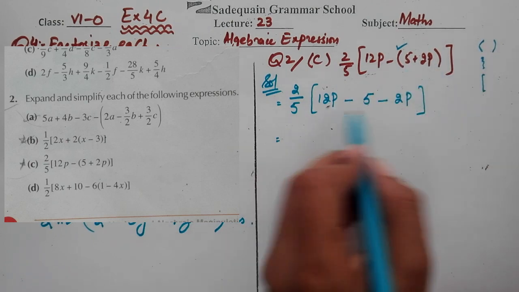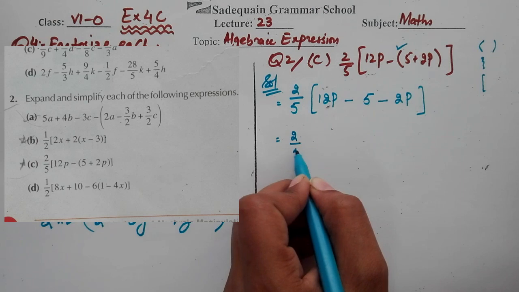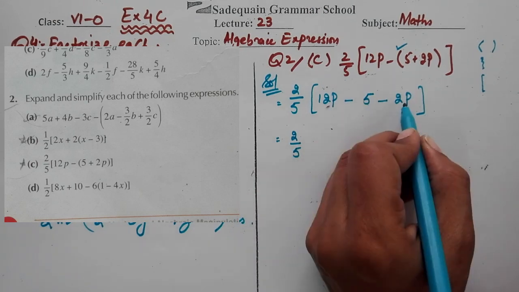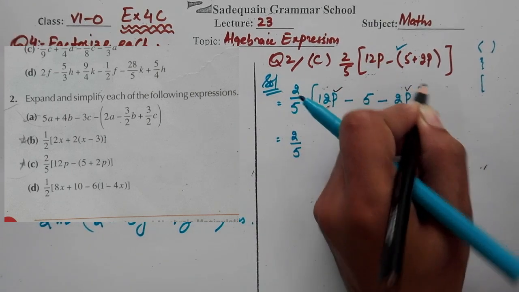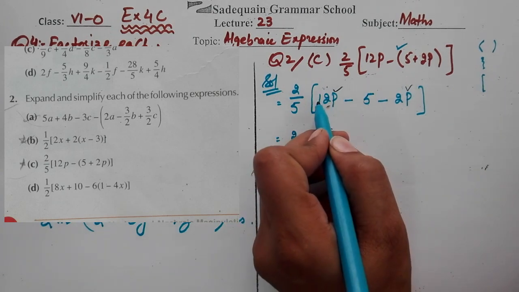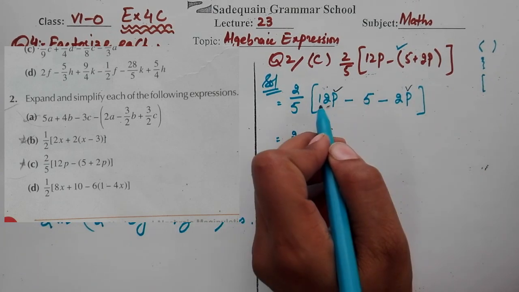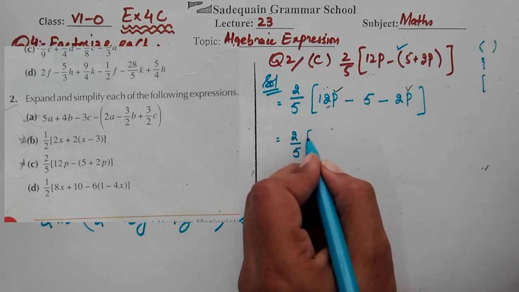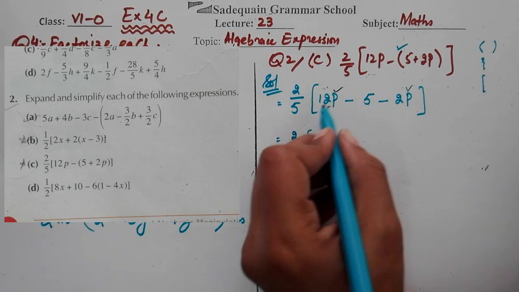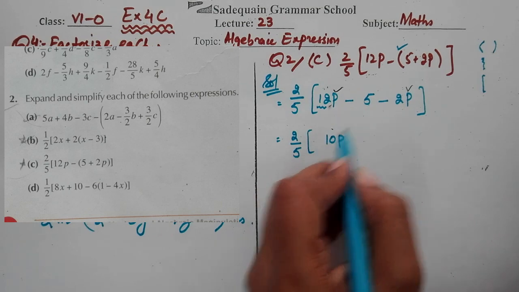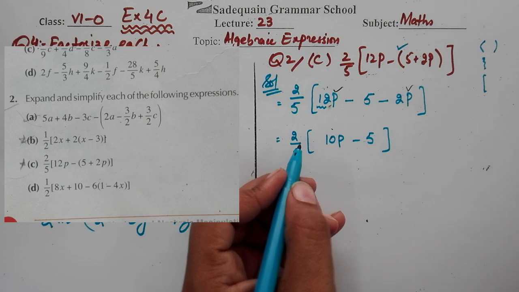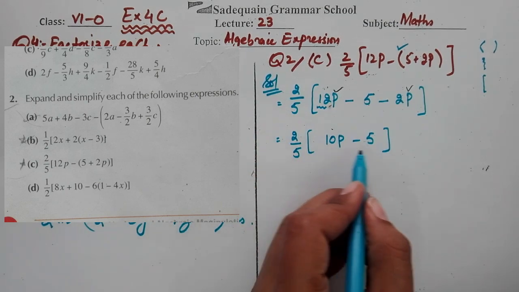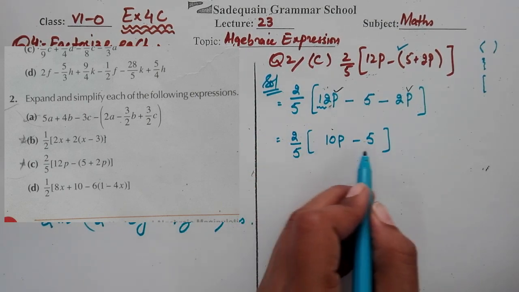Now here this bracket has been removed or solved. Now it comes up to the square bracket. So first we will solve the square bracket, that is 12p minus 5 minus 2p. Now what are the like terms within the brackets? Yes, the p is the like term because it has the same variable and same exponent, so we can add them. So plus 12p minus 2p, plus minus minus, so 12 minus 2 it will be 10p, and the sign of a greater number. Done. Now here minus 5. Now look at here, this 2 upon 5 is multiplying with the square bracket, all the terms within this bracket.